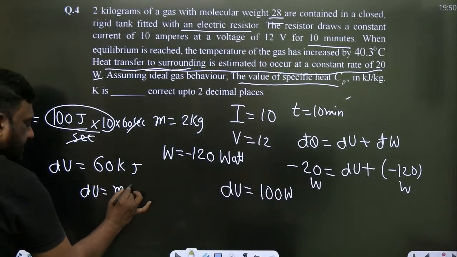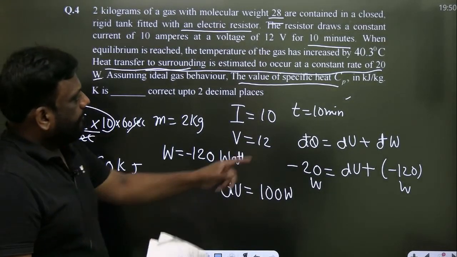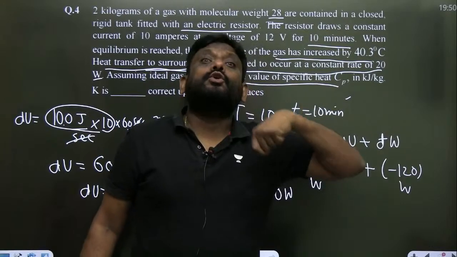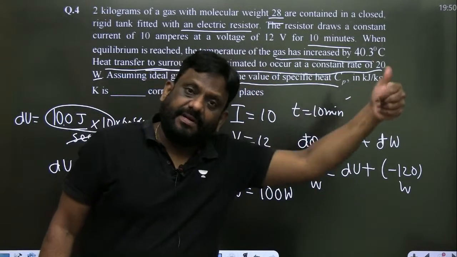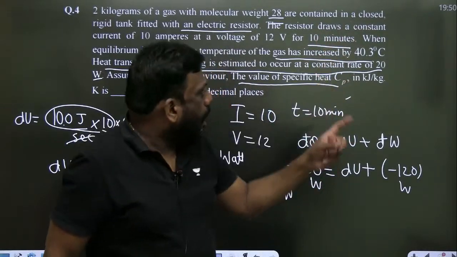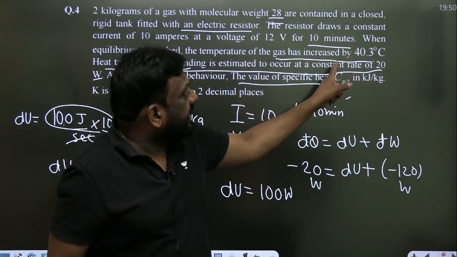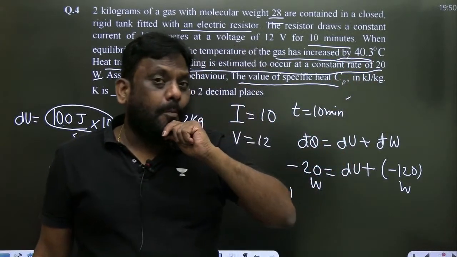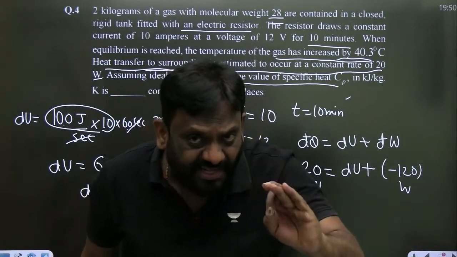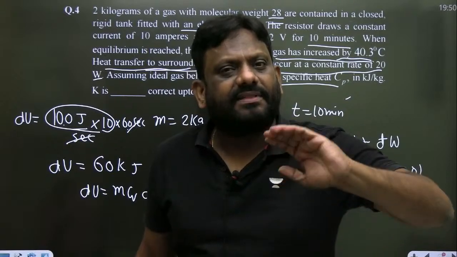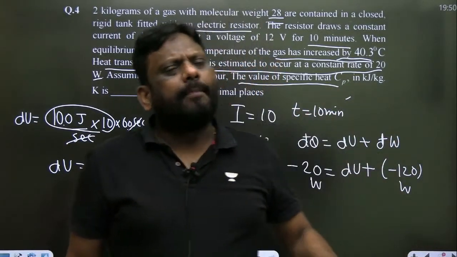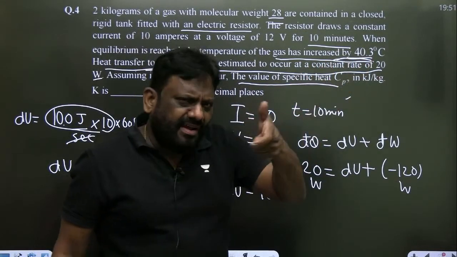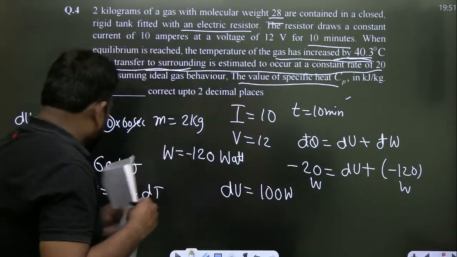It is mcv dt। क्लैरिटी से बोला है, the temperature of the gas is increased by, it's not increased to. Increased to means final temperature, increased by मतलब change. Delta t 40.3, तो should I take it in Kelvin? Whenever it is difference in temperature, it doesn't matter whether it is in Kelvin or degree centigrade. तो आप Kelvin में convert करो या degree, temperature का difference है सर।